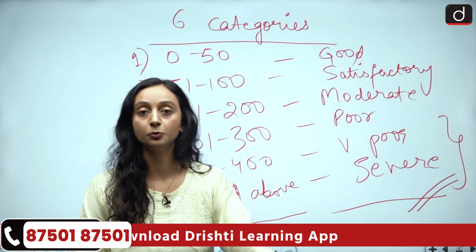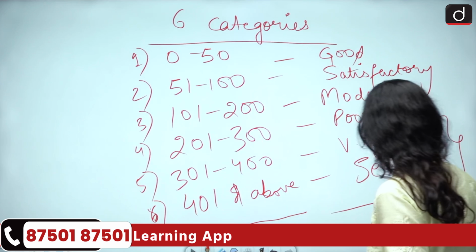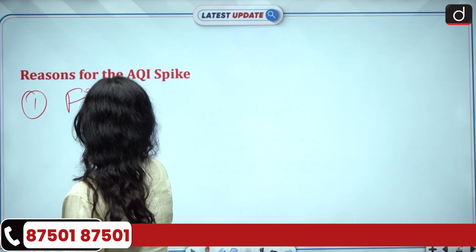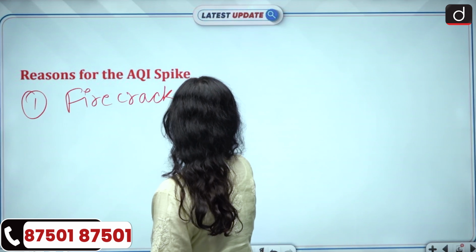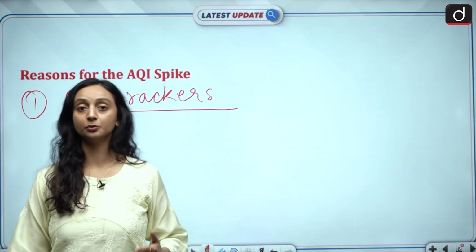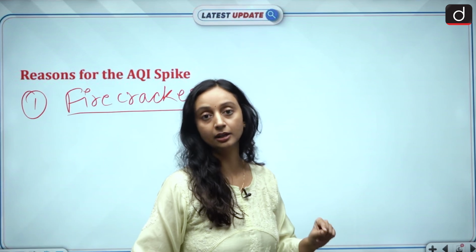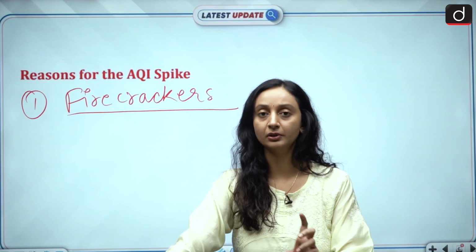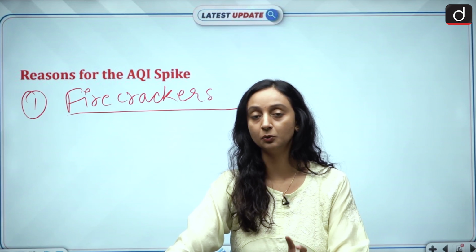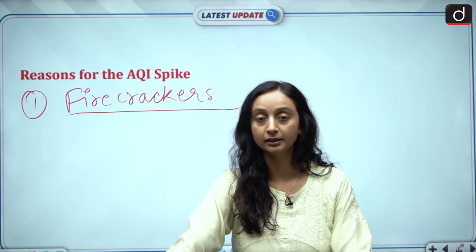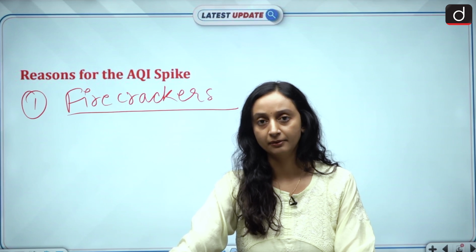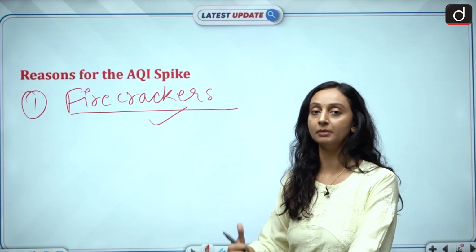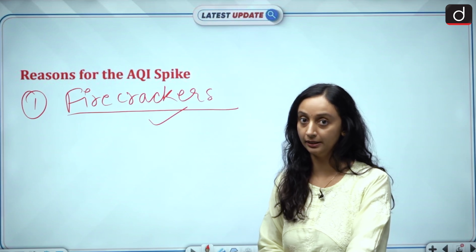Now let's understand what could be the possible reasons behind this rise. The first and foremost reason was firecracker emissions. Despite the Supreme Court's directive of using green crackers only, because they emit 30 to 50% less pollution, despite giving regular fixed hours that these are the only hours when you can burst your firecrackers, there were severe violations. In fact, I'm sure you would also have noticed these violations in your neighborhood. So firecracker emissions were the major reason behind this AQI worsening in Delhi.